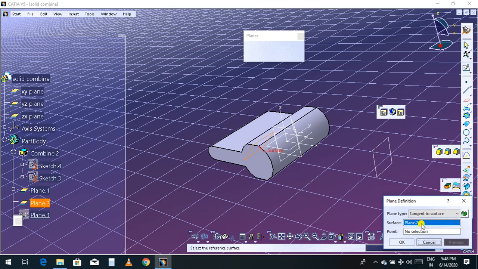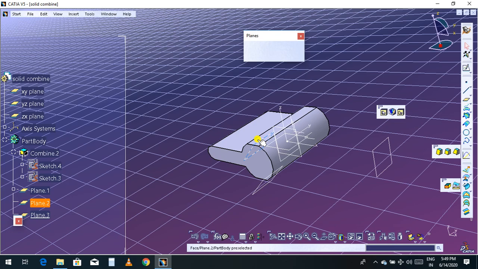Select the surface, it has selected surface 2, and select the point. I'm going to select the point. This is the point, so it is going to take the surface. This I have selected, this is the surface, so it is parallel to this surface, this plane.